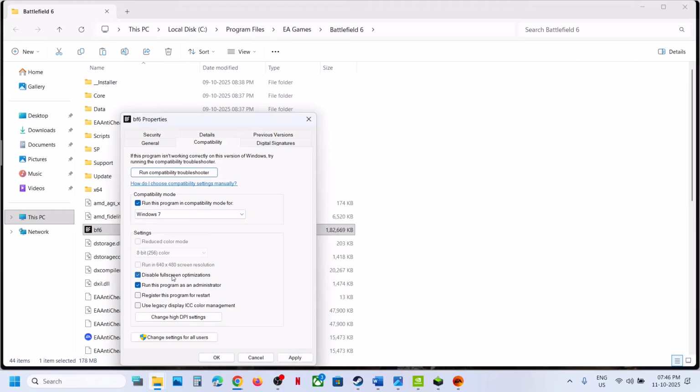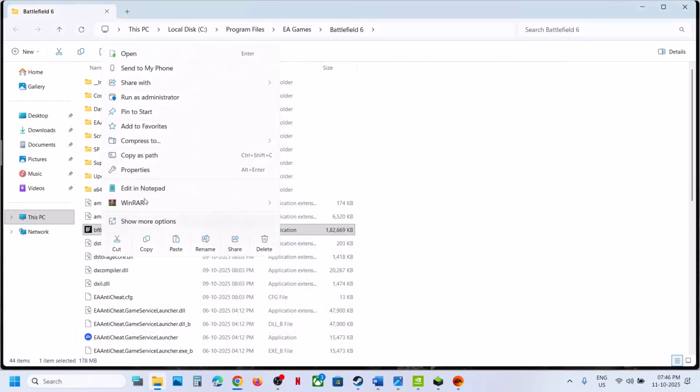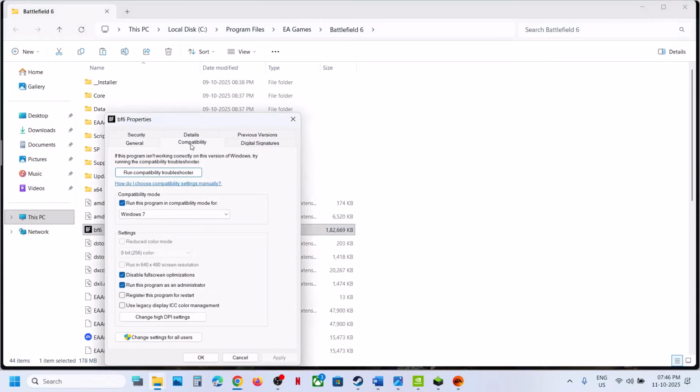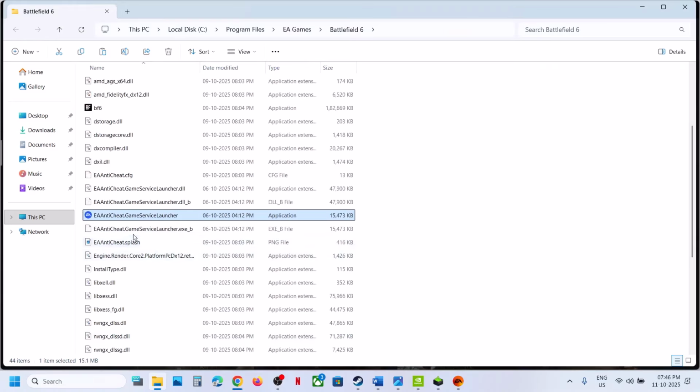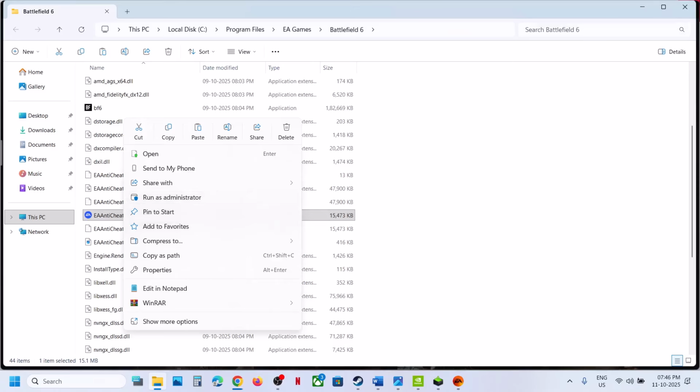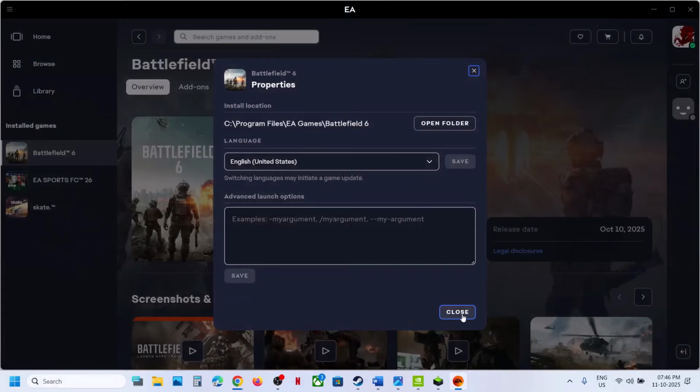Still not working, put a check on disable full screen optimization, hit apply, click on OK, launch the game and then check. When you put a check on all these boxes, still not working, you can uncheck these boxes, hit apply, click on OK, and launch the game using EAAntiCheat Game Service Launcher. Make a right click and then click on run as administrator and then check. Still not working. The next step is to